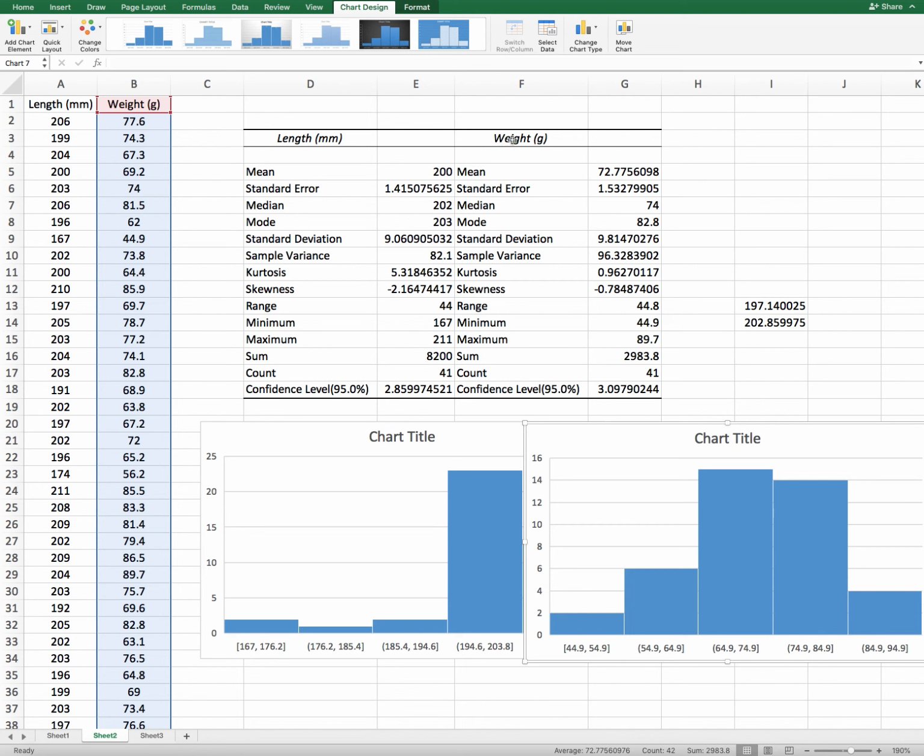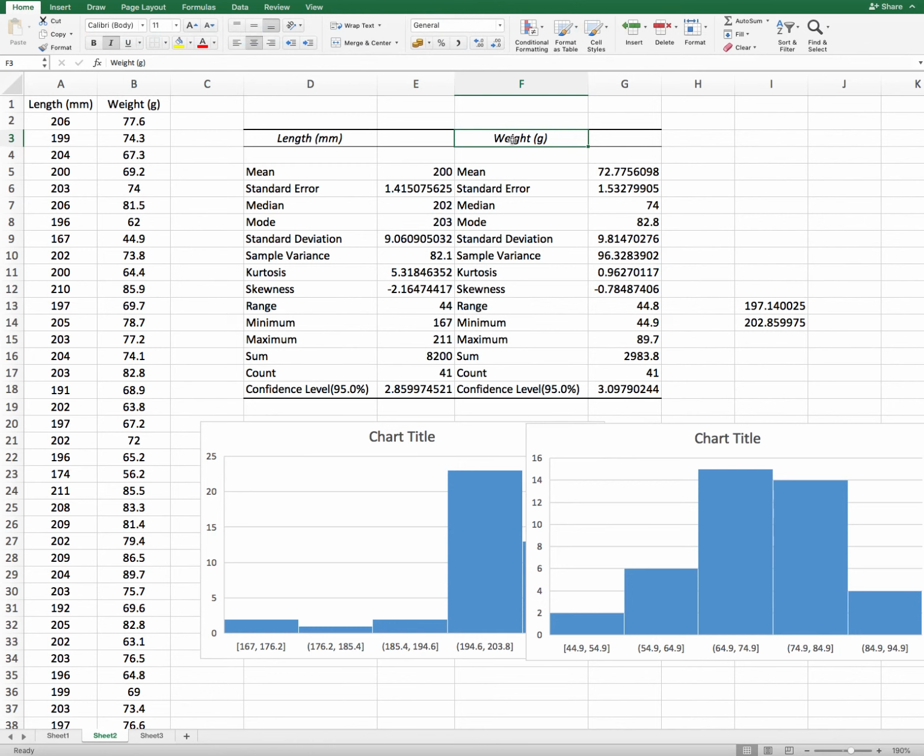And here I will also show you how to present your descriptive statistics in your report. You just take this value of weight, the actual value, and take the length from here to here, the actual value. This other one is also a duplicate, so there's no need for it.